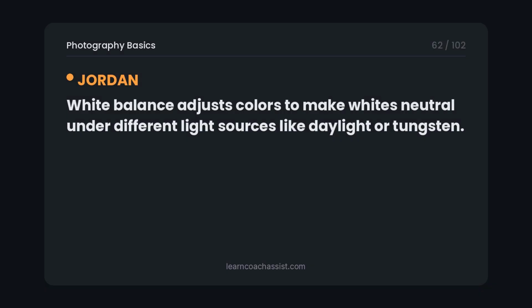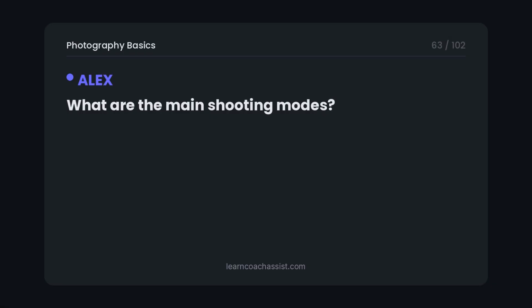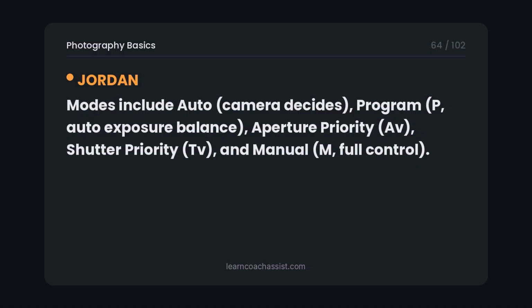What is white balance? White balance adjusts colors to make whites neutral under different light sources like daylight or tungsten. What are the main shooting modes? Modes include auto, camera decides; program, P, auto exposure balance; aperture priority, AV; shutter priority, TV; and manual, M, full